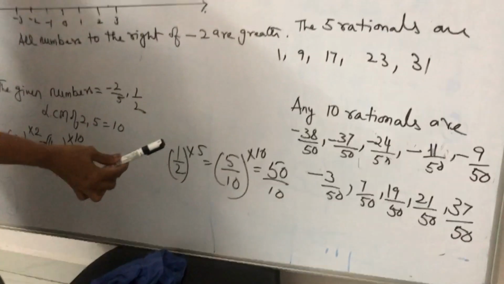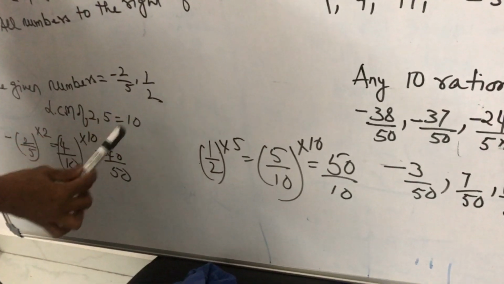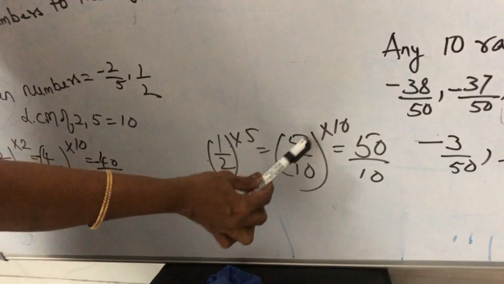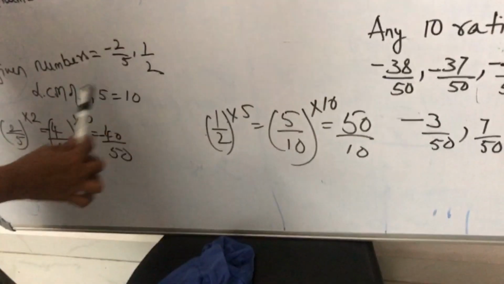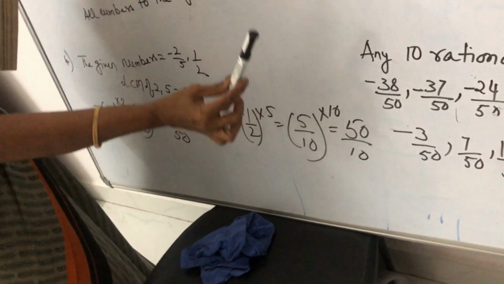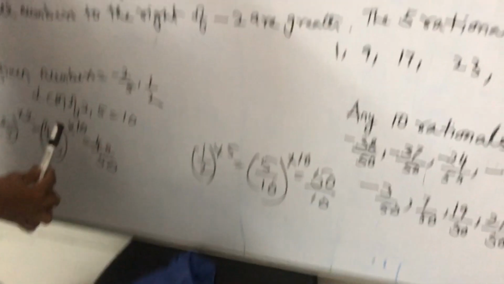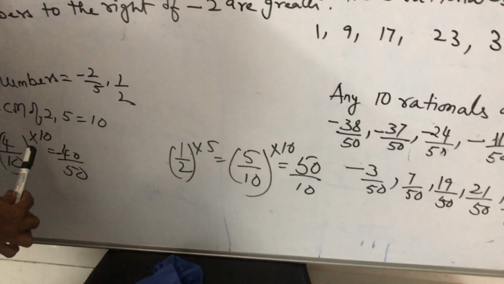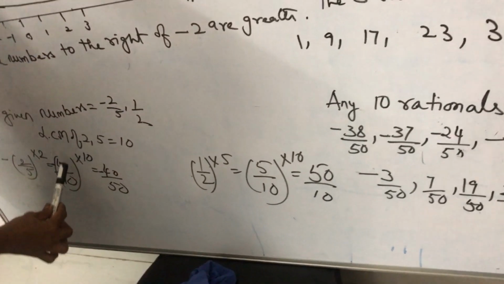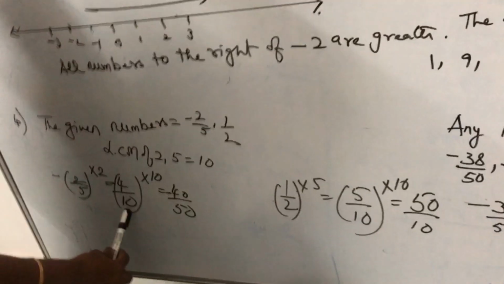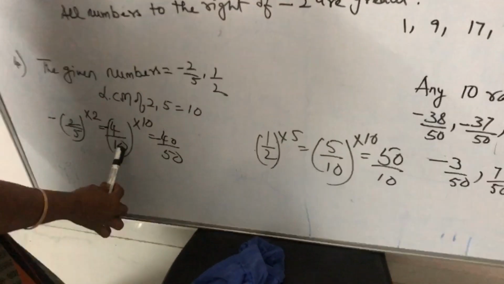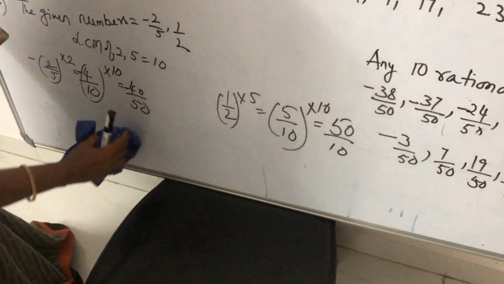As you are asked for 10 rational numbers between minus 4 and 5, you have no 10 numbers, children. So to make our work easy, we are multiplying once again by 10. Multiply minus 4 by 10 by 10. 4 into 10, 40. 10 into 10, 100.